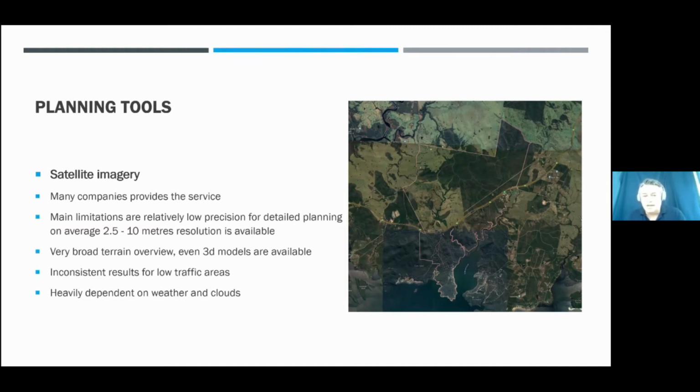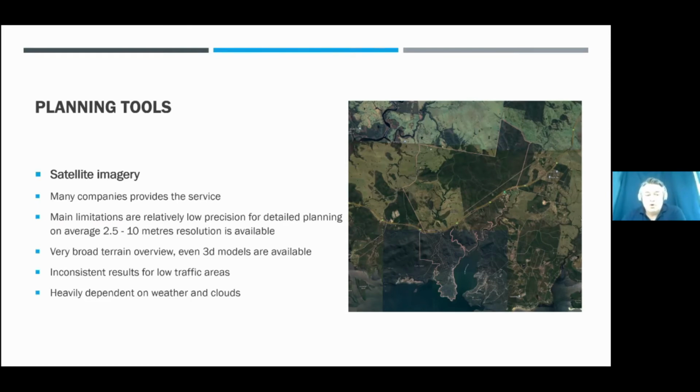You can, I don't know, get in partnership with the military or weather satellites and whatnot. But all this information requires a lot of very skilled work to be represented properly, so you can read it in a sense that it would be useful to you and everybody else. I would also say that there are fairly inconsistent results, although companies who are selling this information will tell you differently. In my experience, some of these results are not very consistent due to the various weather conditions and all sorts of other things happening whilst taking these pictures.